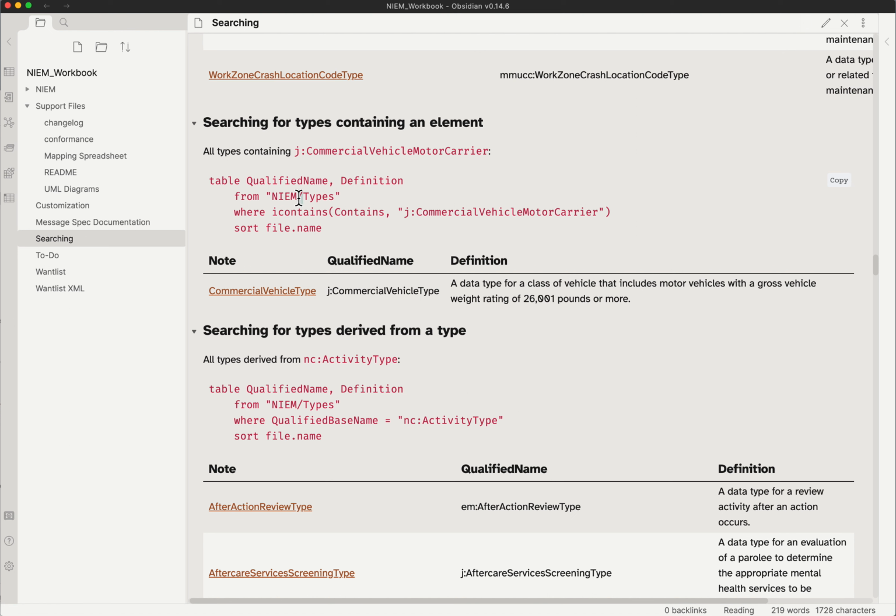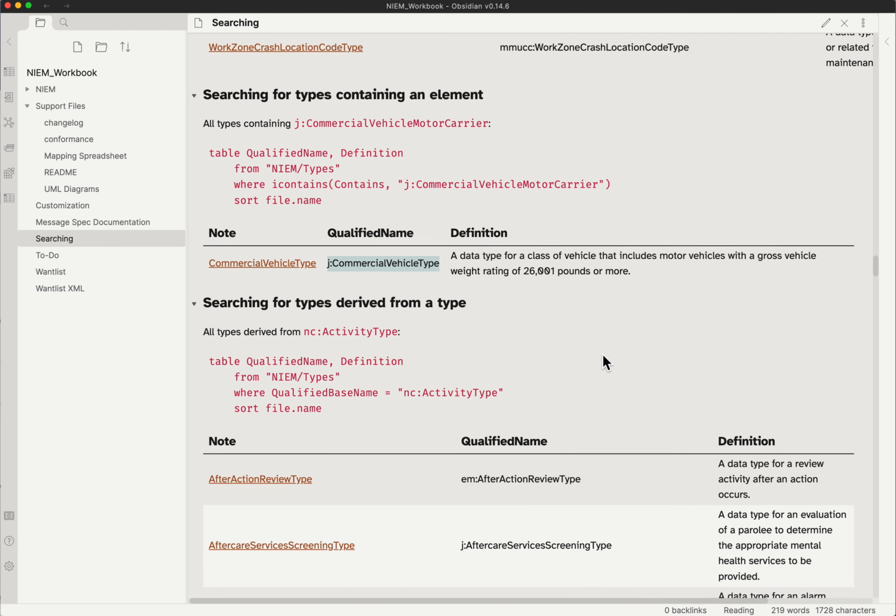Make a table from the types. The types are all in NIEM/types, where the contains metadata contains commercial vehicle motor carrier, and this will return everything that contains that element, and in this case it's just J commercial vehicle type. You can also do